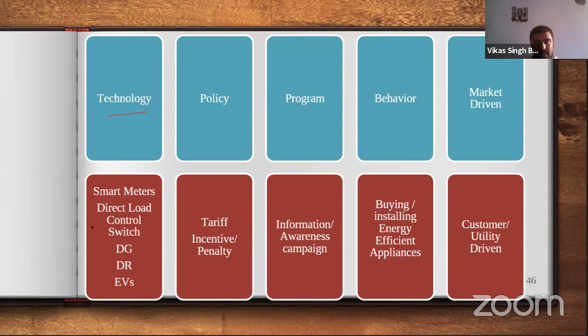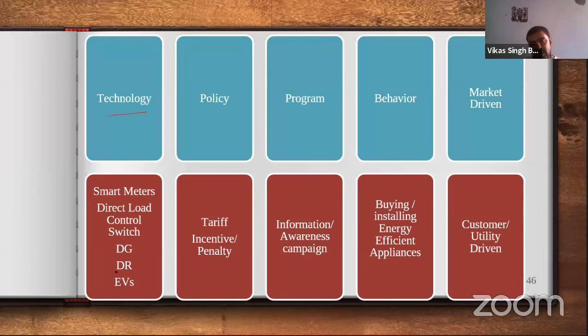How that direct load control switching can be done, distributed generation integration, what are the problems associated with distributed generation integration, which type of DC can be integrated, this can be one of the research area. Then demand response, this can be one of the research area. Then electric vehicle, this is the upcoming